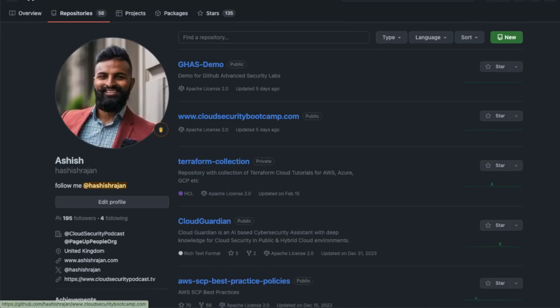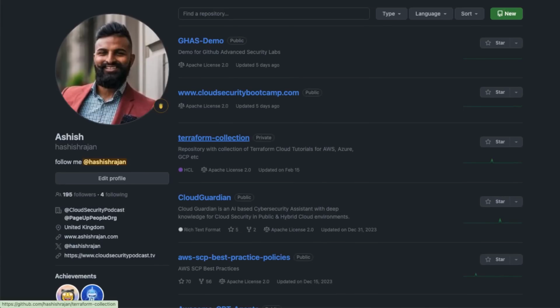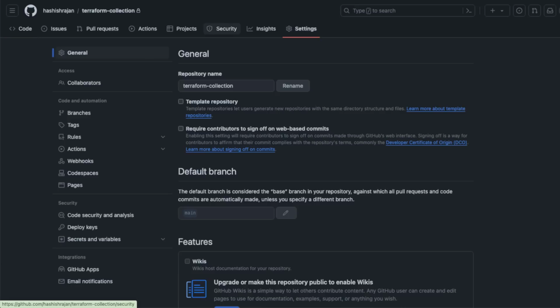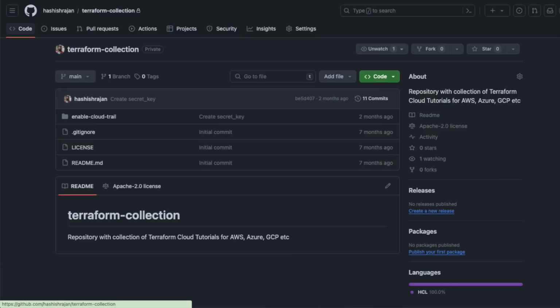Nope, not that one. I haven't created the folder. Terraform collection. I'm just trying to find a place where, oh, there you go. Okay, so this is one place where I have enabled CloudTrail. I just want to see, do I have any security turned on over here? I only have Dependabot. This is a private repository where it makes sense for me to have a .gitignore